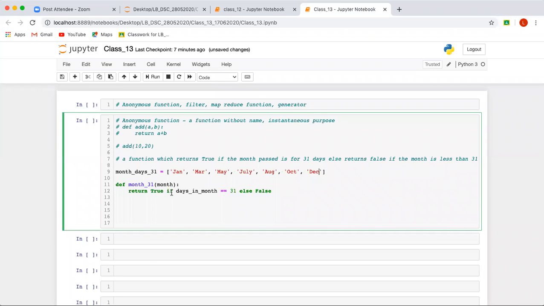Right, so you'll say here if month in month underscore days underscore 31, then return true, otherwise return false, right? So you will get a function, then you can call this function, you can pass the month, and accordingly it will return you true or false. But let's say now you want to,